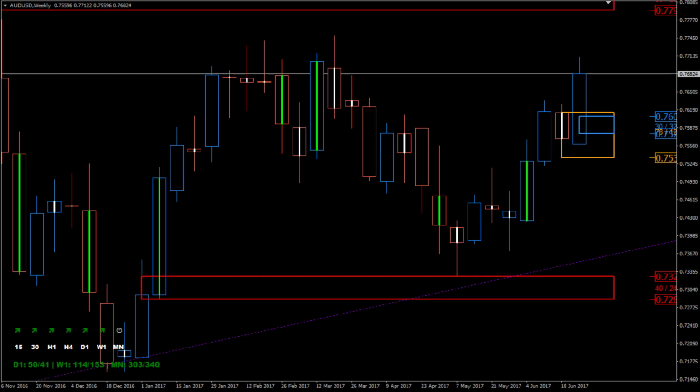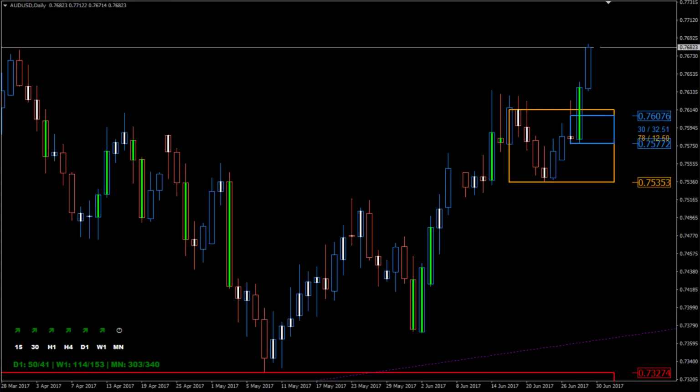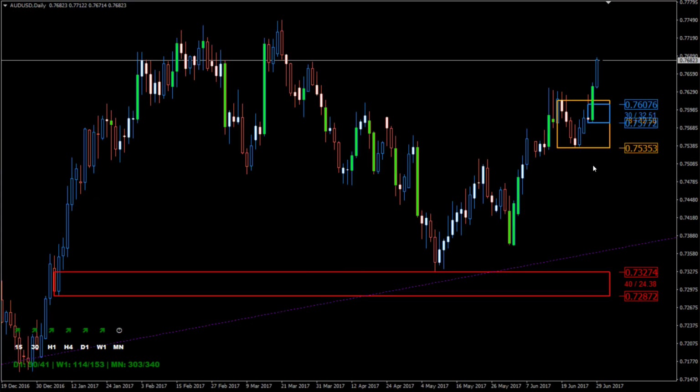So on the weekly you can see that we have the same story being told. Price left this area of daily demand, we rallied, accumulated, rallied, we had a nice accumulation here, and then price cut away. You can see I marked this off on the weekly chart, so this is a nice weekly entry. If you go to the daily chart, you can see what we're looking at. It looks like this. We had this rally, accumulation, rally, price tested this area here, and then we managed to